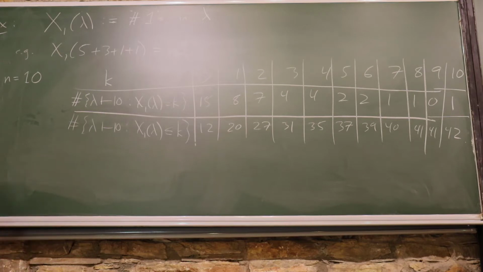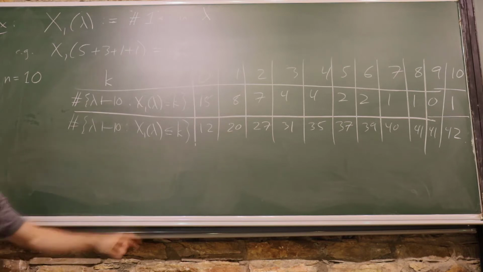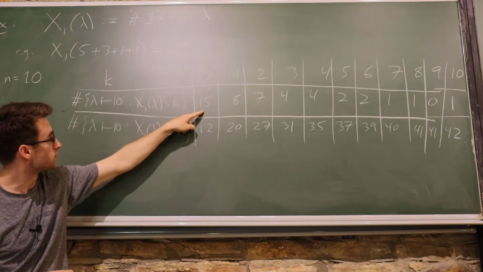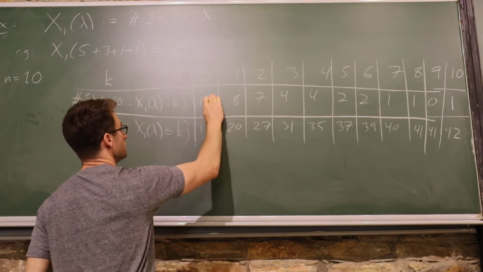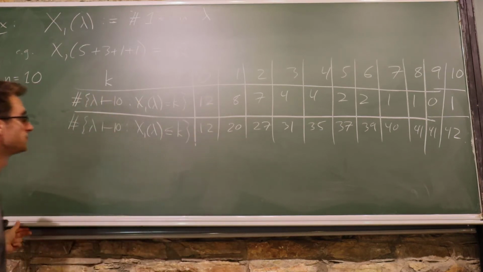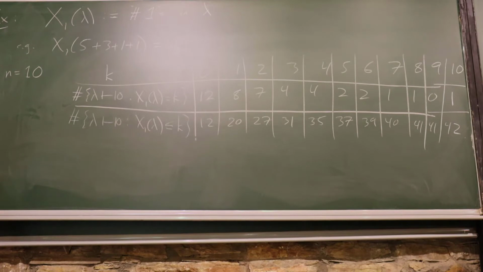Uh-oh. Maybe, Will? Maybe this is supposed to be 12. I don't know. 12? Yeah. I think that should be 12, probably. Oh, y'all can check me. Yeah, thanks. So if we divide these by P of n,